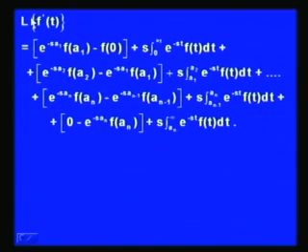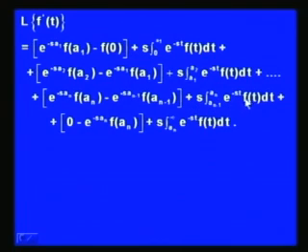And hence L of f dash t is equal to e to the power minus s a1 into f a1 minus f 0 plus s times integral over 0 to a1 e to the power minus s t into f t dt, plus e to the power minus s a2 f a2 minus e to the power minus s a1 into f a1 plus s times integral over a1 to a2 e to the power minus s t into f t dt, plus, and so on, e to the power minus s n into f n minus e to the power minus s n minus 1 into f n minus 1 plus s times integral over n minus 1 to